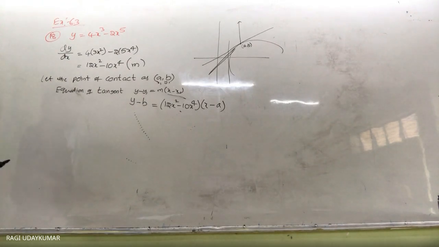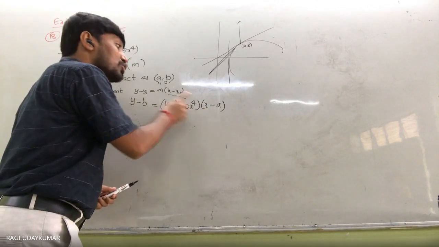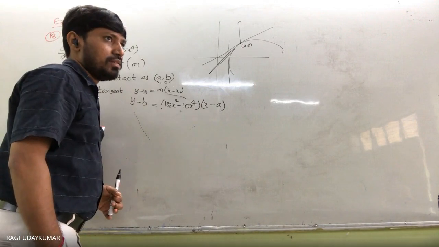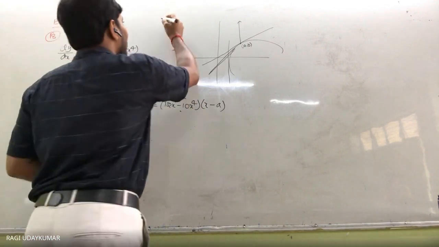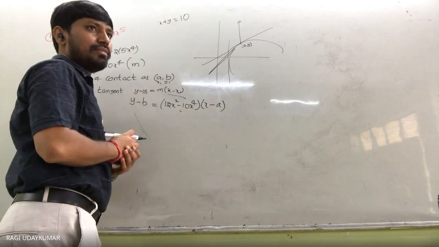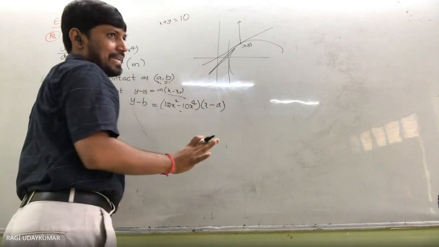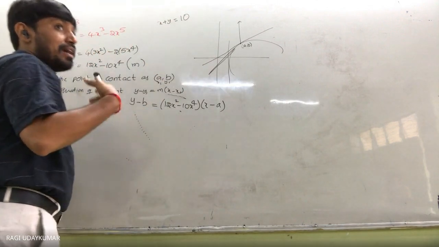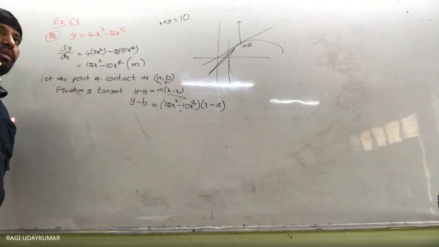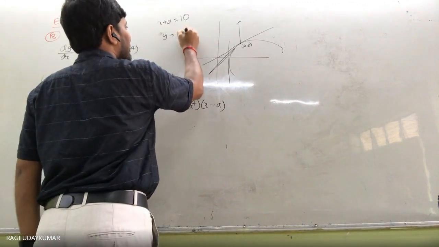Is it understood? x equal to 0, y equal to 0. Suppose, which type of lines will pass through the origin? Suppose I take x plus y equal to 10. Does this pass through the origin? No, because if we substitute 0, 0 it does not satisfy. In place of x and y, if you substitute 0, 0, it should satisfy. So that is nothing but if you take y equal to 10x.